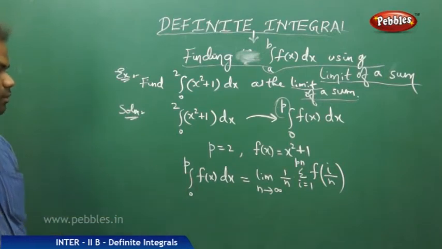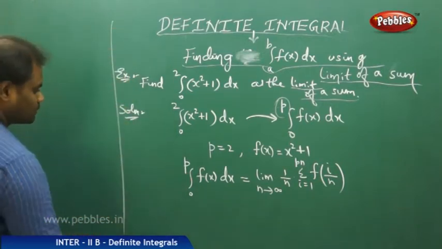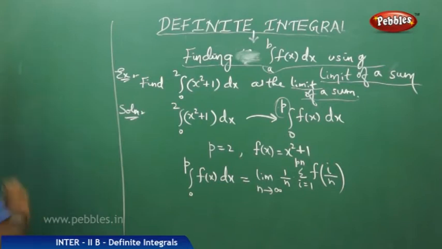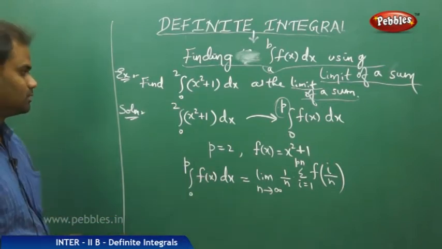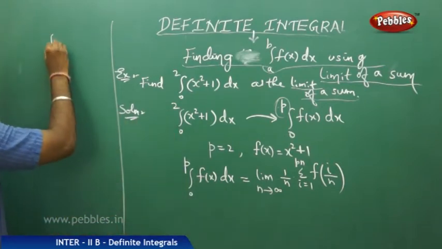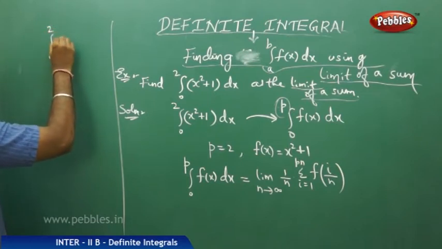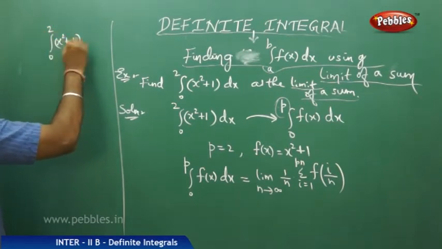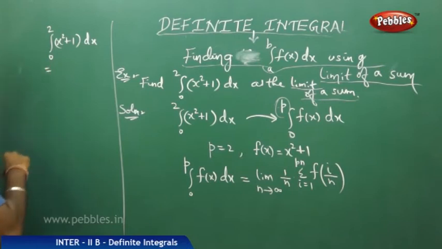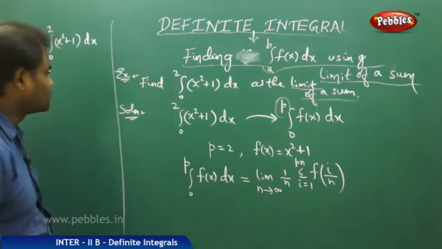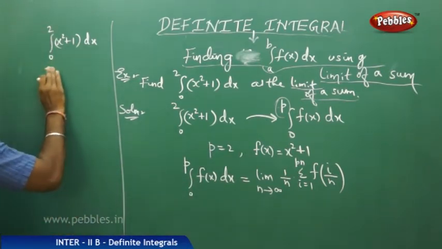So let's use this formula in order to find the integral from 0 to 2 of this. Therefore, the integral from 0 to 2 of x squared plus 1 dx would be expanded as the limit as n tends to infinity